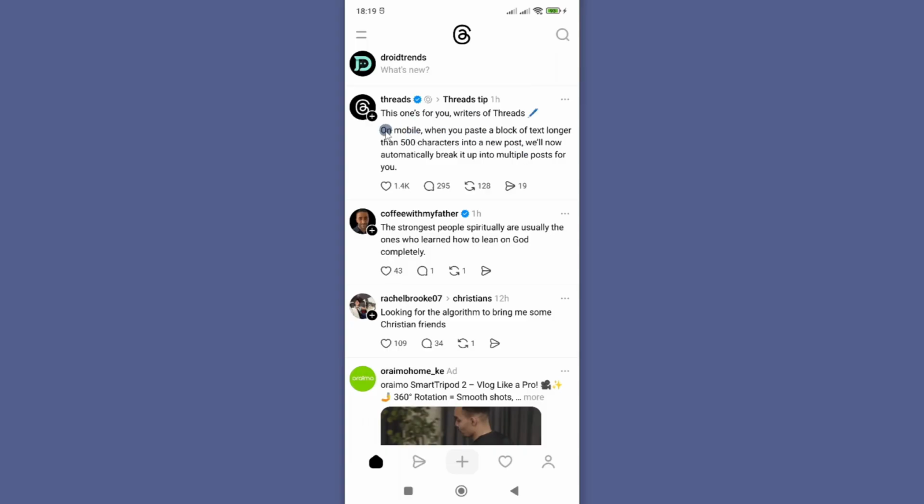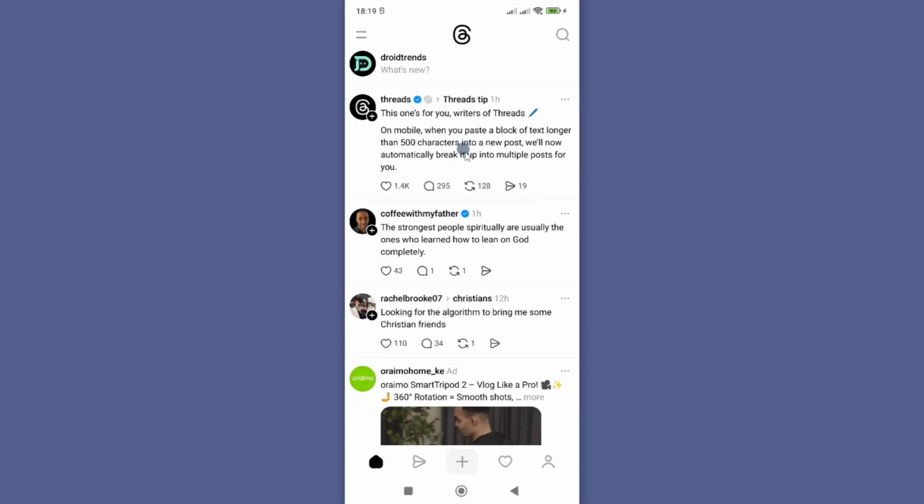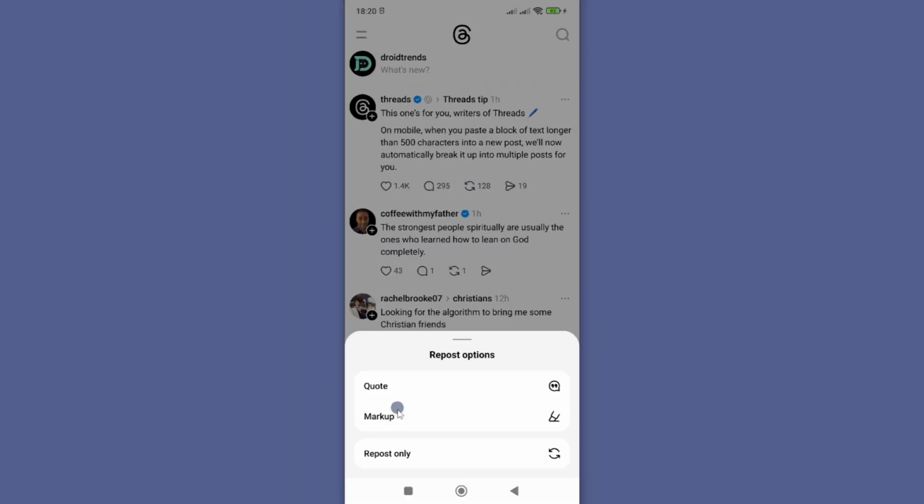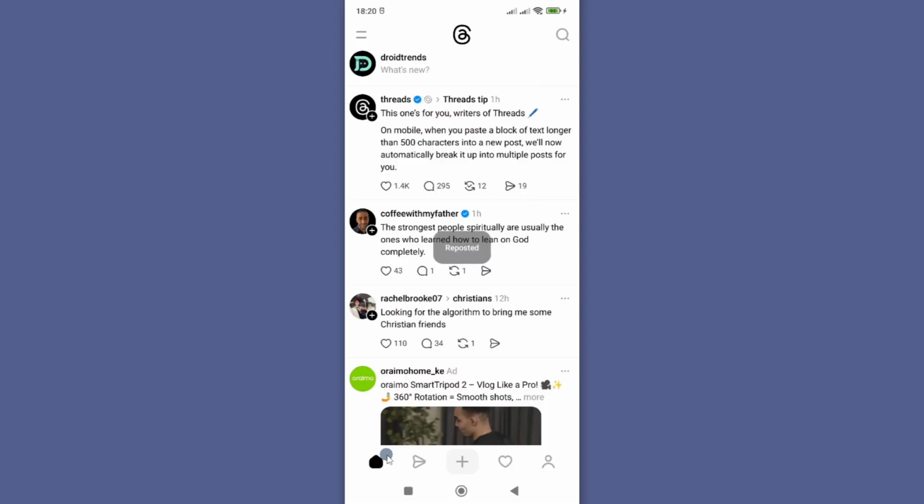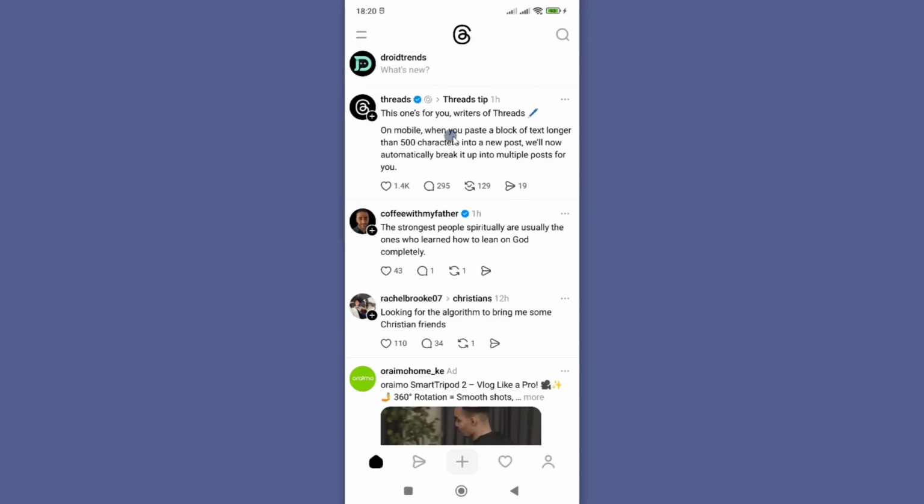So to get started, I'll first repost a post. So I'll repost this post from Threads, and you can simply do that by just tapping on this icon and then tap on repost only. When you see a check mark next to this repost icon, then you'll know that you have this post reposted